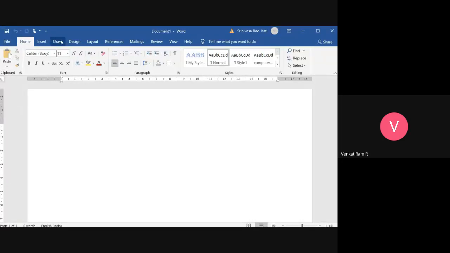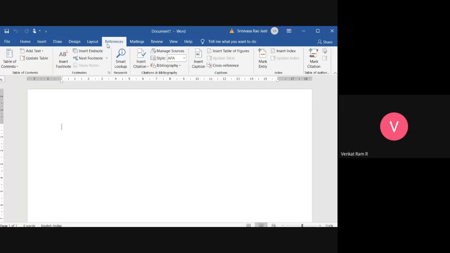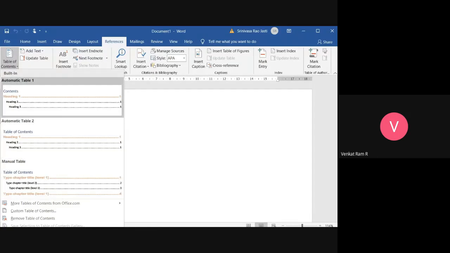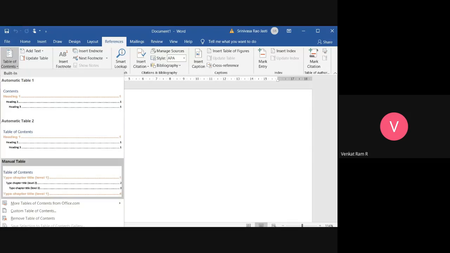Okay. So in order to use table of contents, which one do we have to go to? Go to the references tab, and in the references tab, we have to use table of contents. In this table of contents, there are three ways. One is automatic table, second is manual table, and third is custom table.